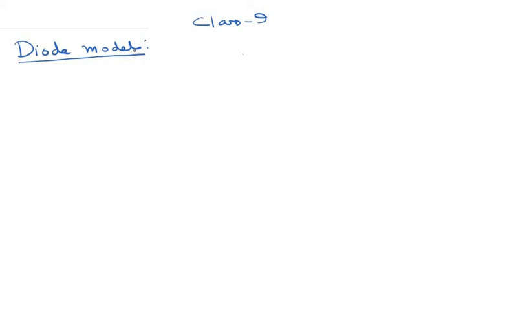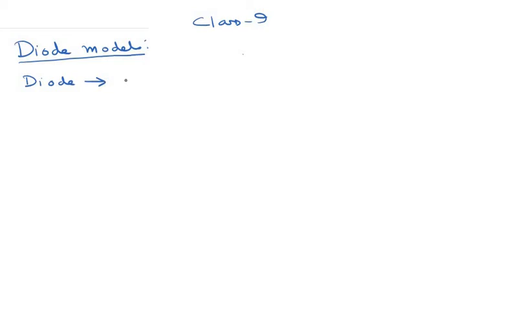A diode is basically something which conducts in the forward bias state and which doesn't conduct much current in the reverse bias state. So a diode is basically something, from an electrical or electronics perspective,